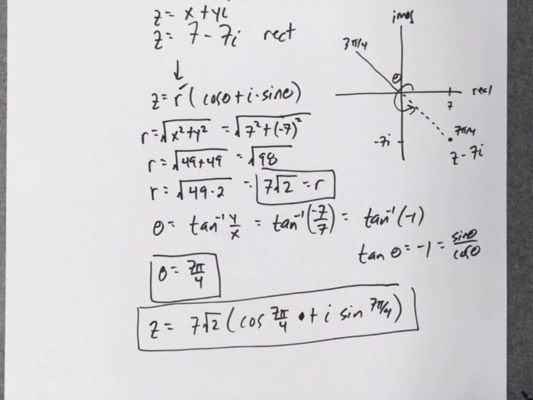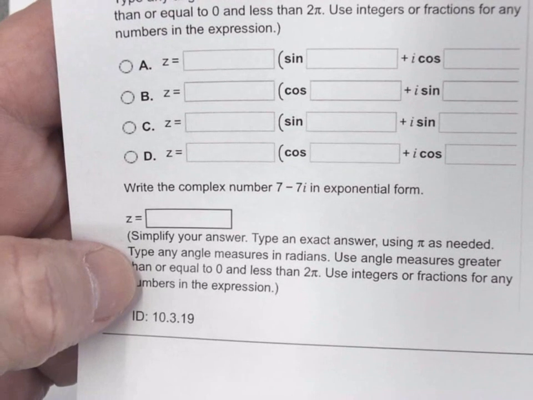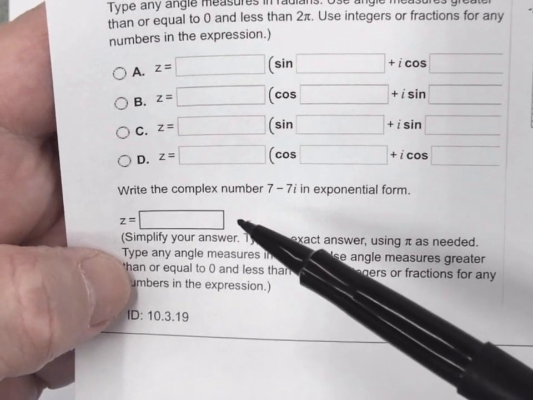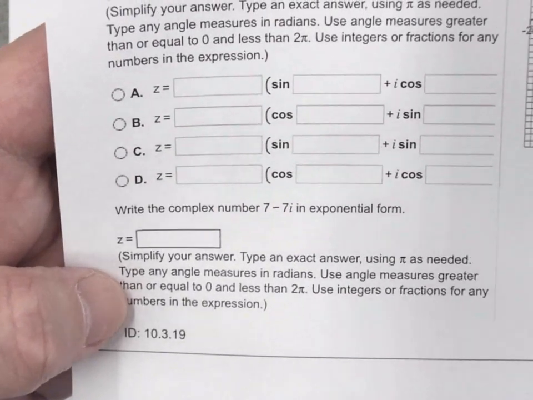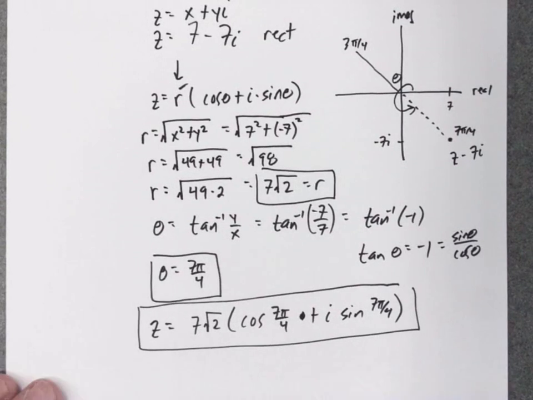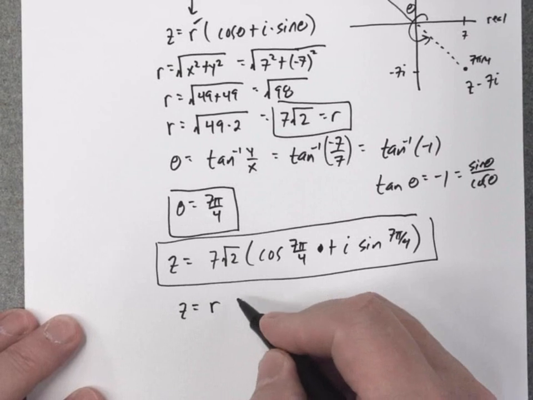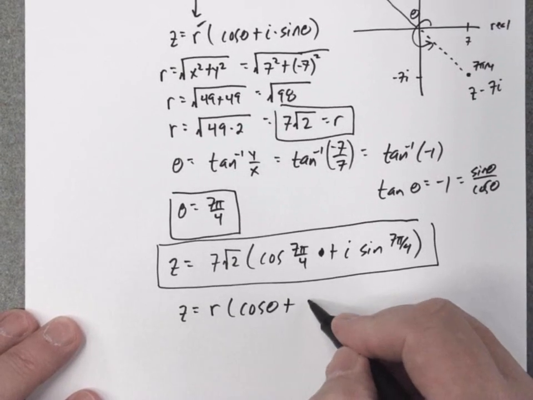Then they asked for a third thing. I could just show you. There's one more box. After we write in the polar form, then they say write that complex number in exponential form. So exponential form, just to remind you, exponential form is very easy to get once you know the polar form,